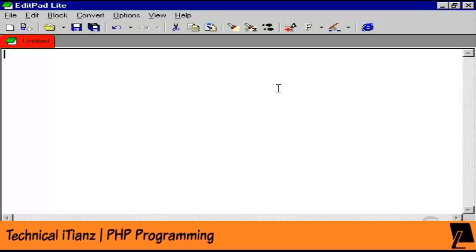Variables are one of the most basic concepts in programming. A variable allows us to give a name to a container for data without explicitly referring to what that data is. Let's take a look at an example. Let's start our PHP script